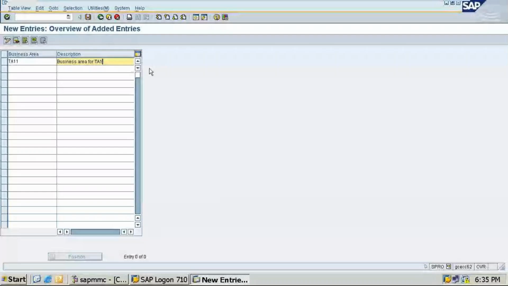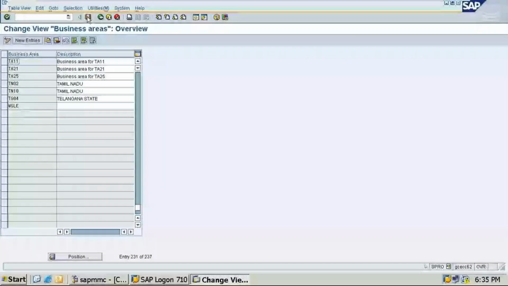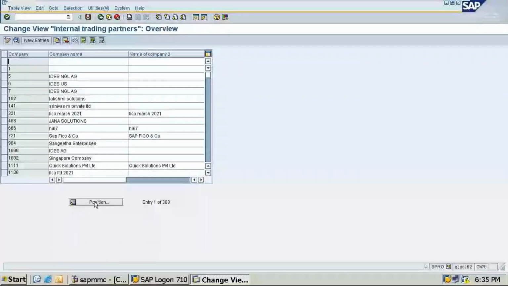Okay, so you can check the positions to see whether we have created it or not. You have to type TA11. To check whatever you have created, you can see it in the positions. Suppose I want to see the company which I have created, what I'll do is click on the position. TA11 I have given.